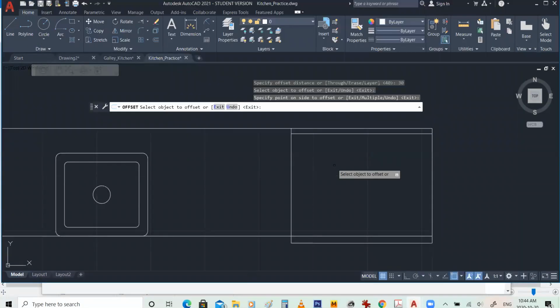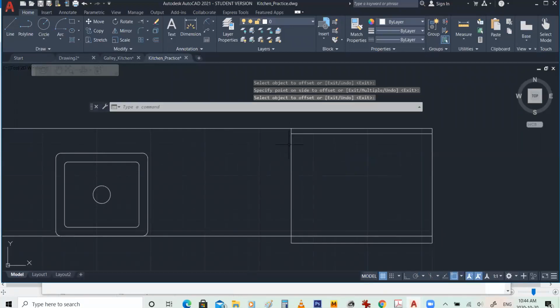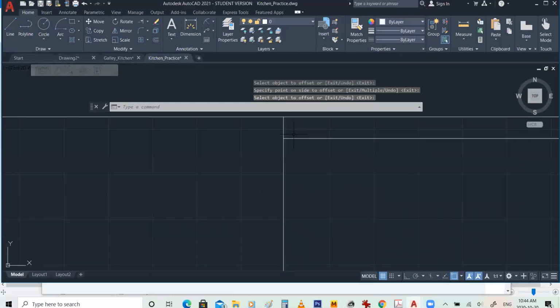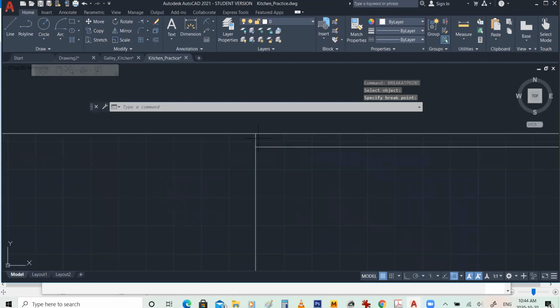So to do that, I'm just going to right click and enter to exit the offset. And I'm also going to use break to break the line at exactly that segment, because I only need that segment to be offsetted, or to have a copy of it 30 millimeters. I don't need the remaining part of the line. So I'm just going to type break at point, and then I'm going to select this object. I'm going to select this point here where the line is going to break, and I need to actually offset this to the inside 30